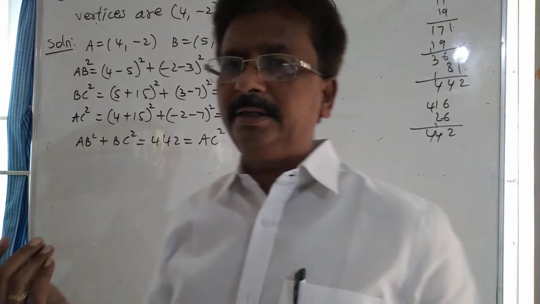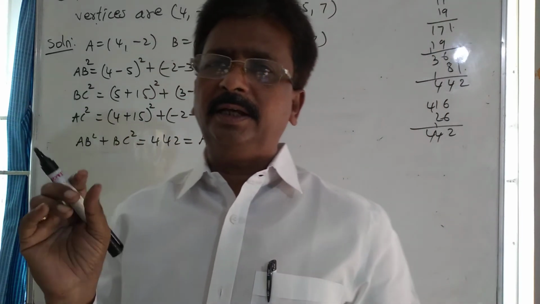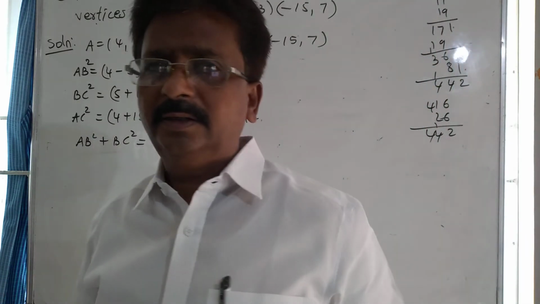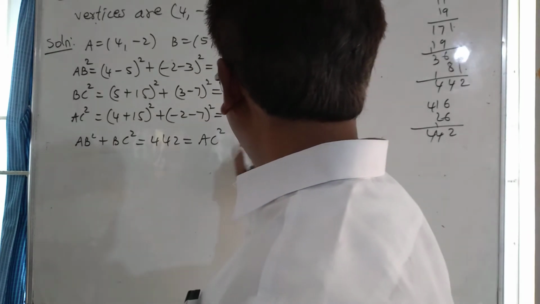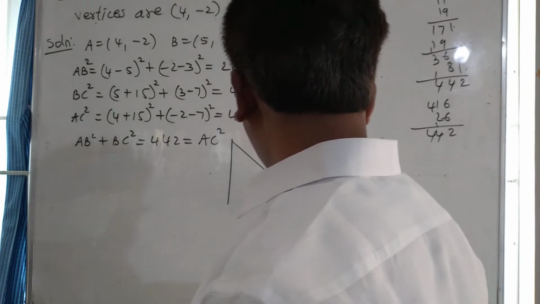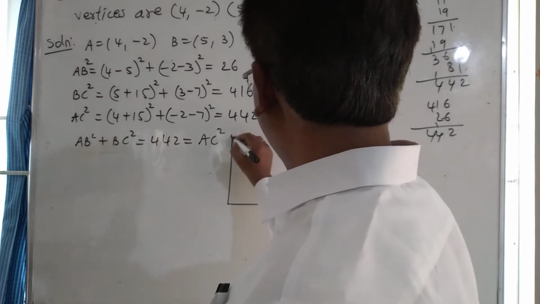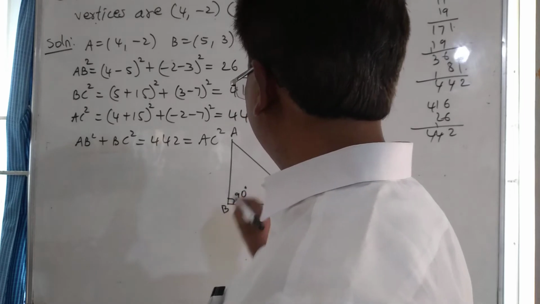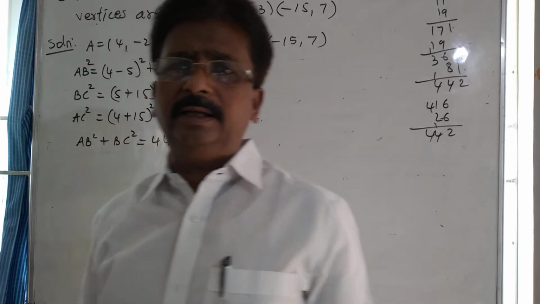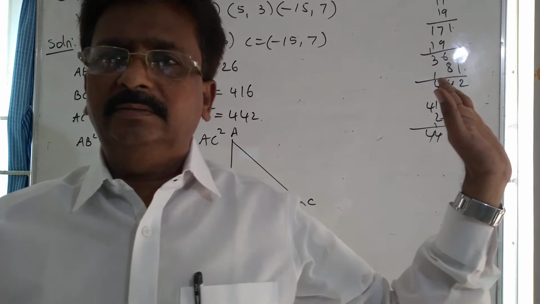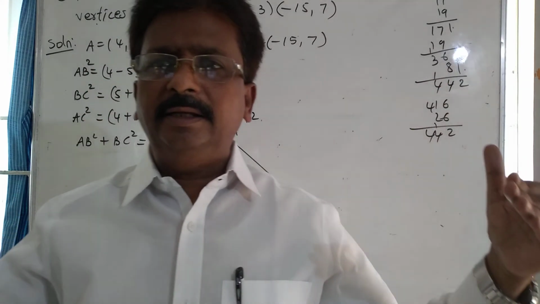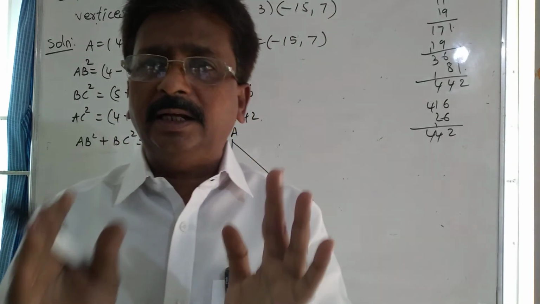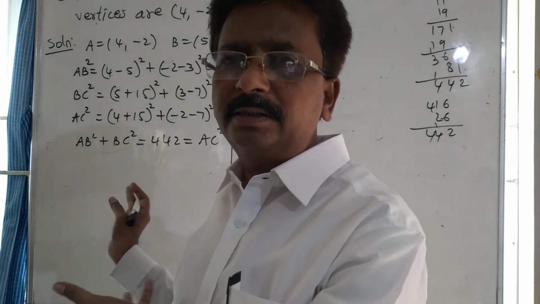So at what point is the 90 degrees? At point B, there is the 90 degrees angle. So I will draw the triangle like this. AC is the longest. Put here 90 degrees. Because it is a right angle triangle, our work is completed. For a right angle triangle, the vertex B is the orthocenter. The right angled vertex is the orthocenter. So B is the orthocenter.